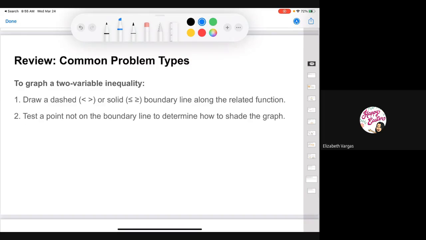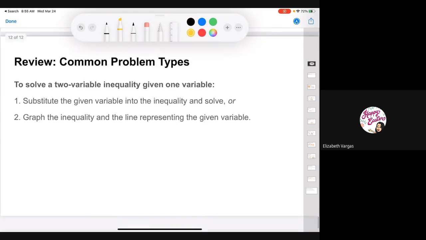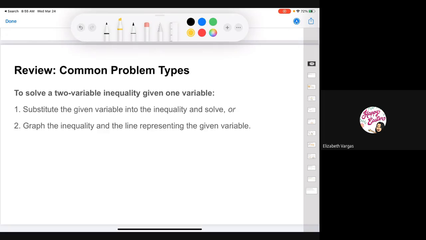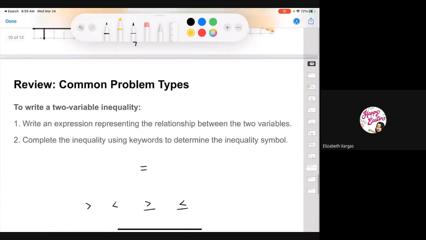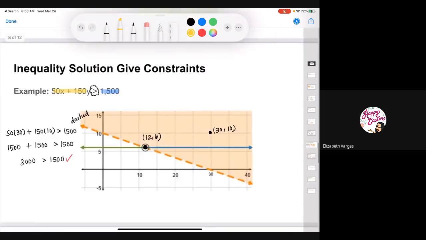The next one is you might be asked to graph a two-variable inequality, like we saw before. So we use a dashed line whenever we see these symbols, a solid line whenever we use these symbols, and then we want to test a point, not on the line, to determine how to shade the graph, which we looked at today. And lastly, you might be asked to solve a two-variable inequality given one variable. In this instance, you would substitute the given variable into the inequality and solve, or you can graph the inequality and the line representing the given variable and see when they intersect. We'll go over some more of these problems tomorrow, but that's basically the gist of